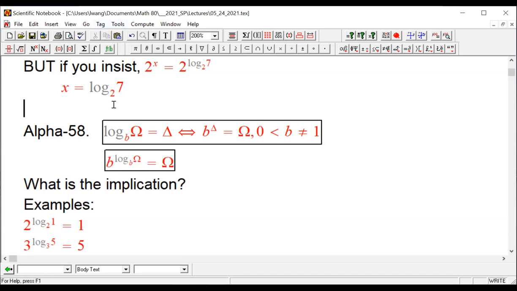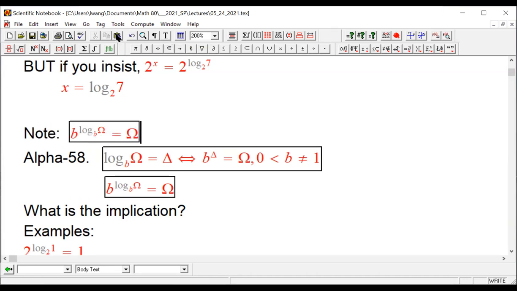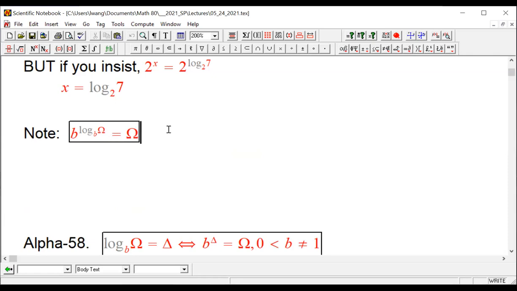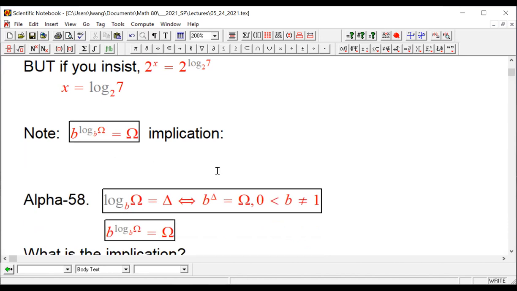The other implication, which I'm going to put as a note for the closure of today's lecture: a positive number, say any positive number omega,